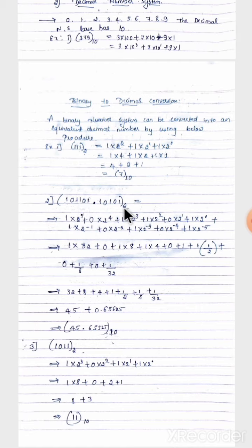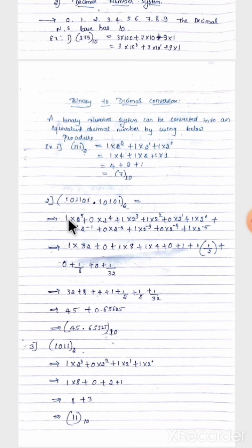Okay, let us take the second example. 101101.10101 base 2. This is a binary number. This is a different example. See here students, before the decimal point there are digits, no? Number them as 0, 1, 2, 3, 4, 5 like that. Next, after the decimal point, it is minus 1, minus 2, minus 3, minus 4, minus 5. See here it is 0 to 1, but here minus 1 like that.